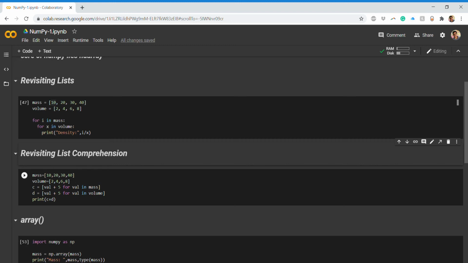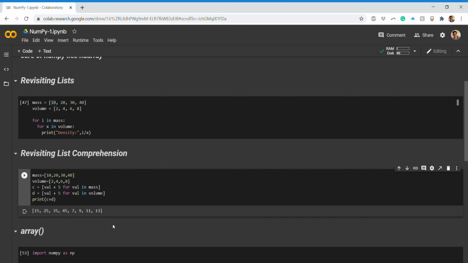So I do a list comprehension, written in this way. For each value in the mass, I add 5, and I do that for each element in the mass. Similarly for volume I do the same operation.